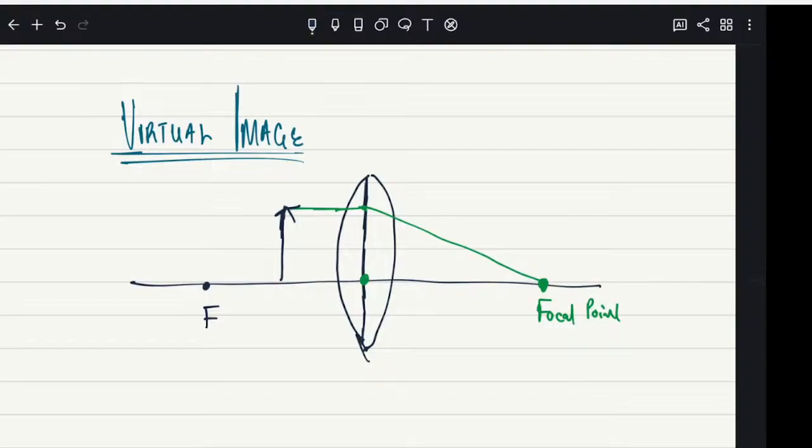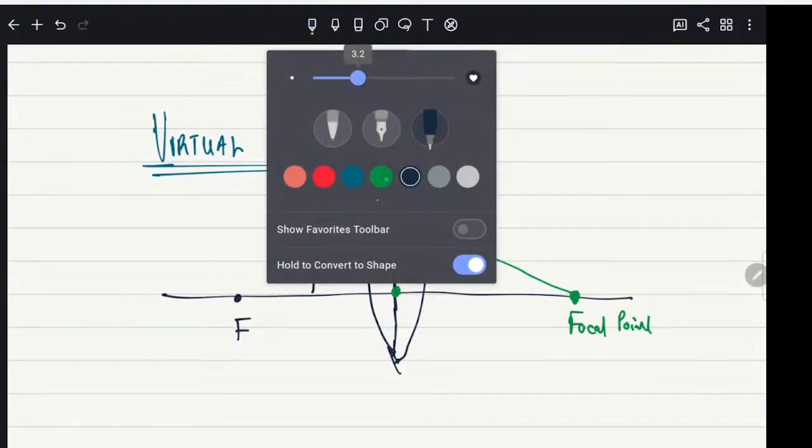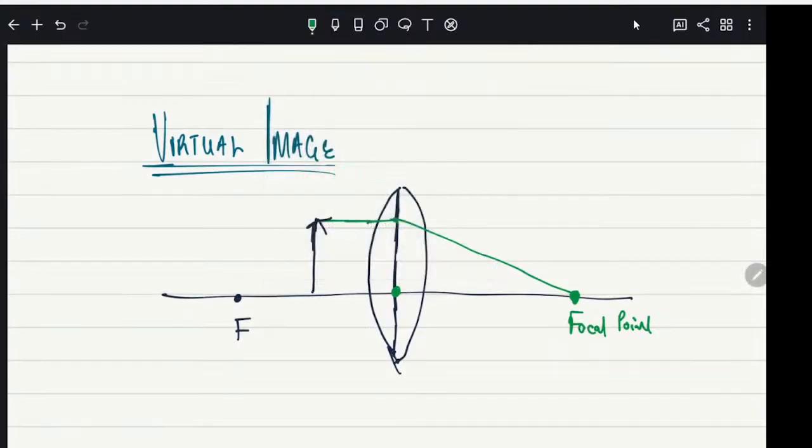So there are 3 positions that we place our object. Listen, class. One, we place it between 1 focal length and 2 focal lengths. So let me put another focal length here. You should know, when we have the real images, the places where we place our object. Number 1 is between 1 focal length and 2 focal lengths. So if I come here and place the object, I call it O. This is how they put it. If I place the object on this position,